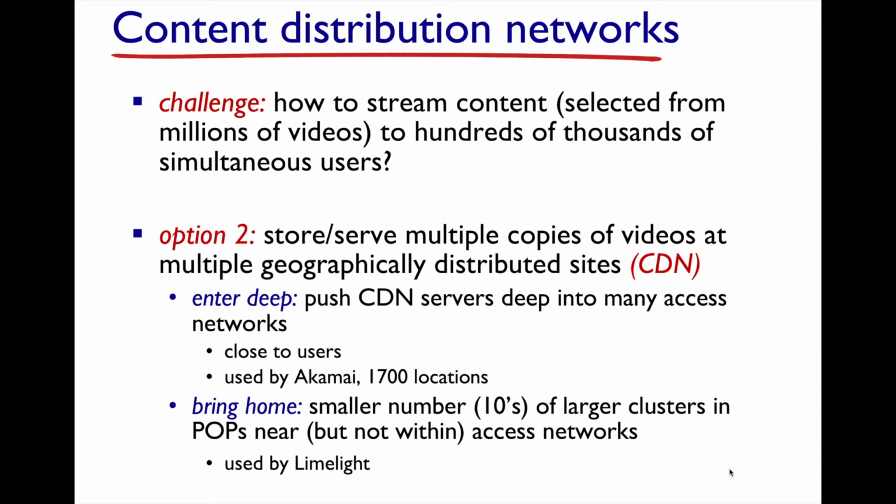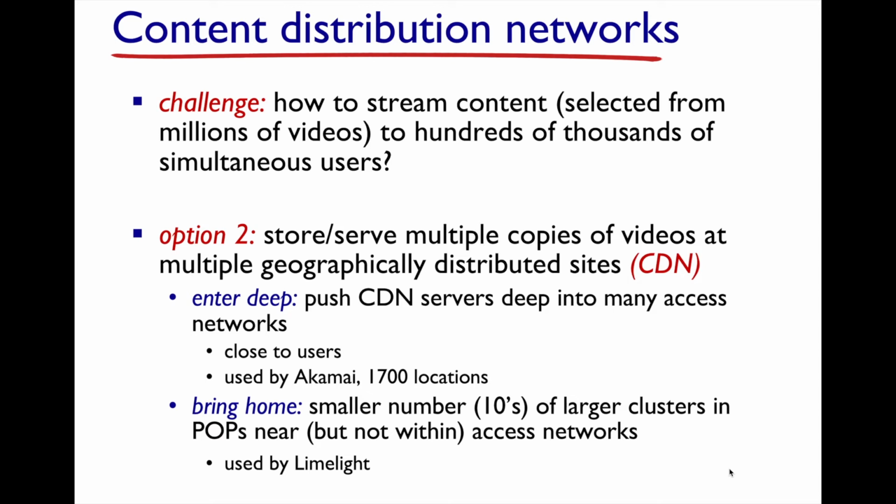So you, as a rich content provider, would call up Akamai and say, hey, I'm going to start sending course videos. I'd like to use your content distribution network. They say, okay, great. Roughly how much data are you talking about? You pay a subscription fee to Akamai, sign an agreement, give them your content, and they will handle all of the delivery of your content dynamically around the internet on their CDN network. As of the publishing of this book in 2017, there are about 1,700 Akamai data centers dotted throughout different access networks. The idea with Enter Deep is to put that content as close to the users as possible, on the access networks.